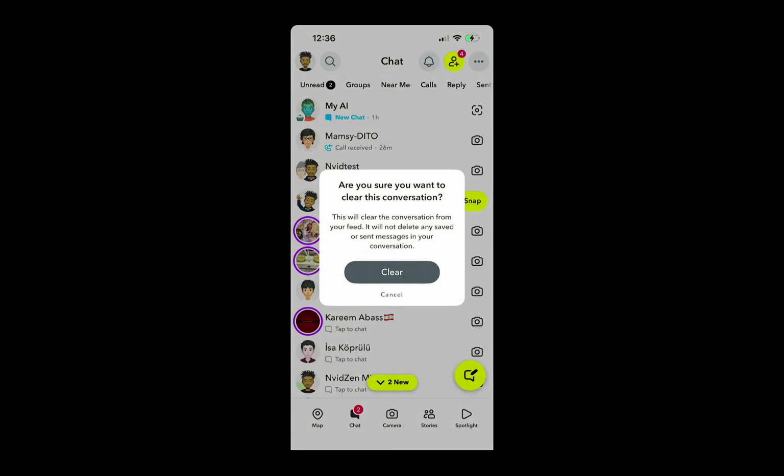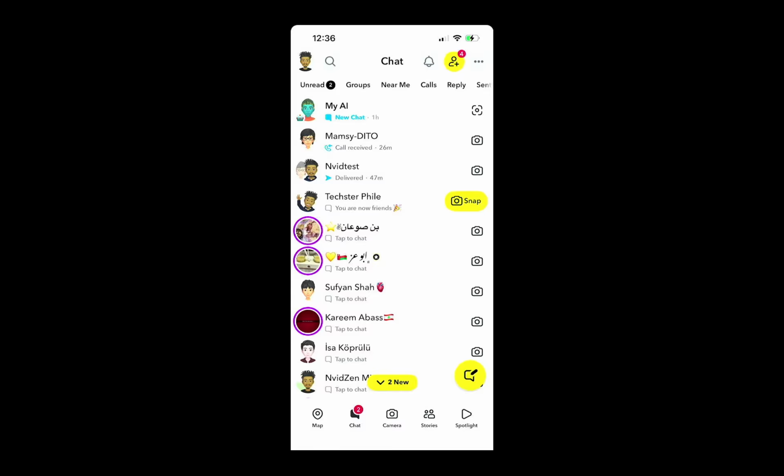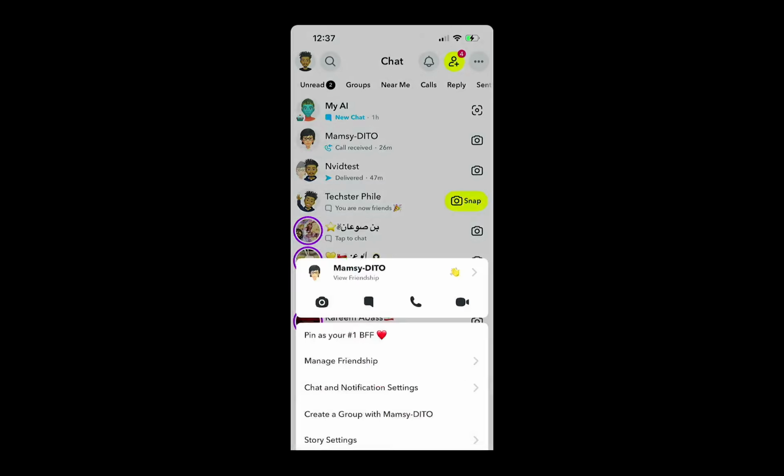After that, tap Clear from Chat Feed or Clear Conversation depending on your app version. This action is where you actually initiate the deletion of the conversation. It's vital to choose the correct option, as this will determine what gets cleared from your feed. Once you select this option, you're one step away from removing your call history. Remember, this action will clear all messages and calls associated with that conversation, helping to keep your chat feed tidy.